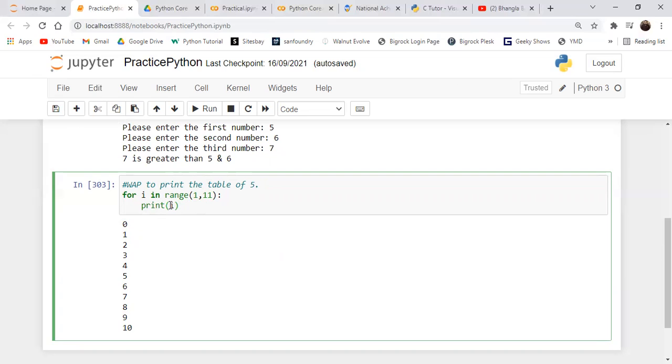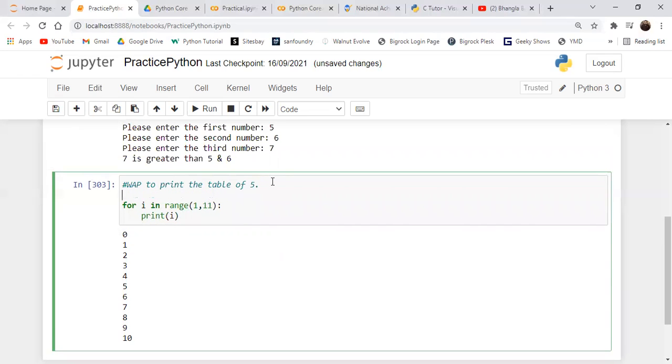Now the number is what? Let's make this program dynamically, right? So let's take a number given by the user, right? Now the number given by the user, suppose that user enters any number, right? According to that number, the table will be printed from 1 to 10, right? So now give the message, please enter a number